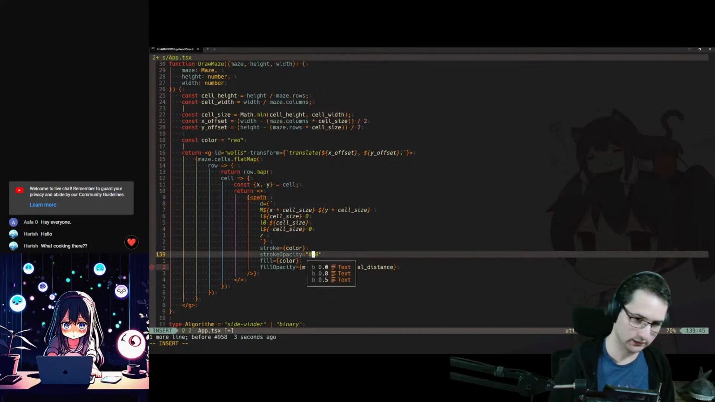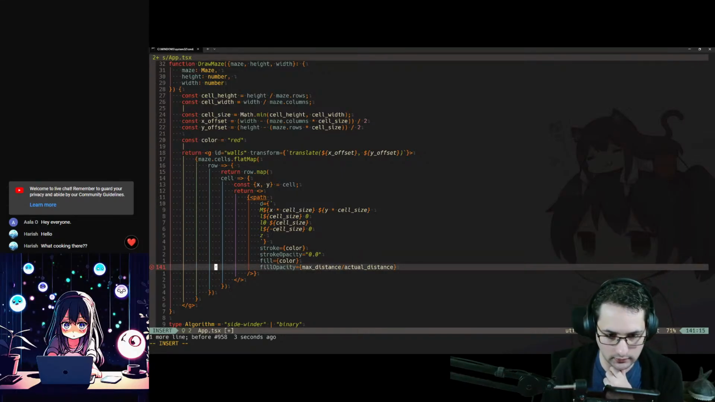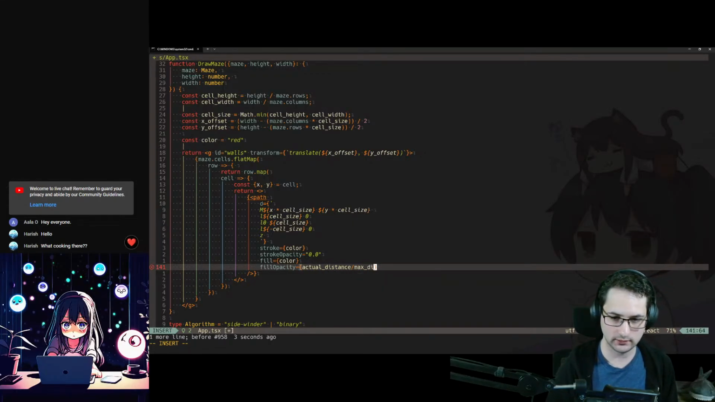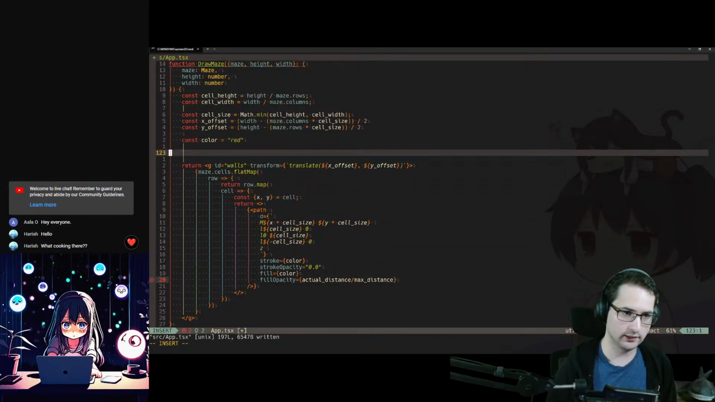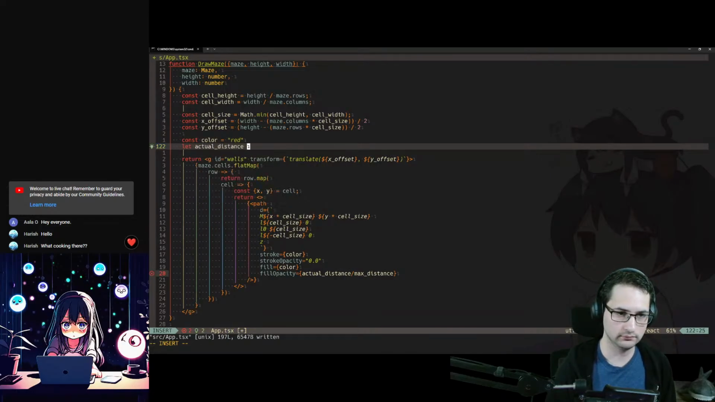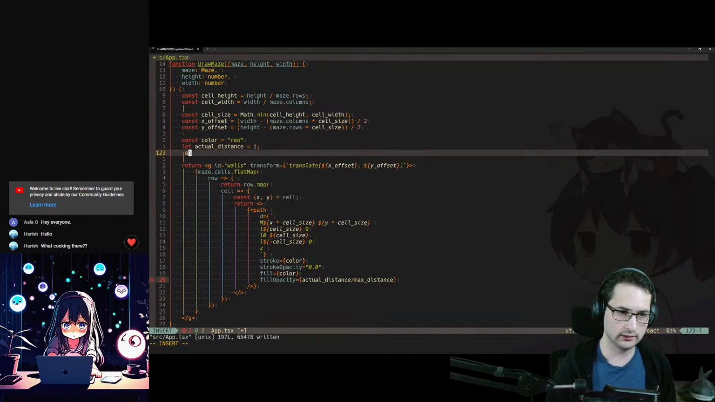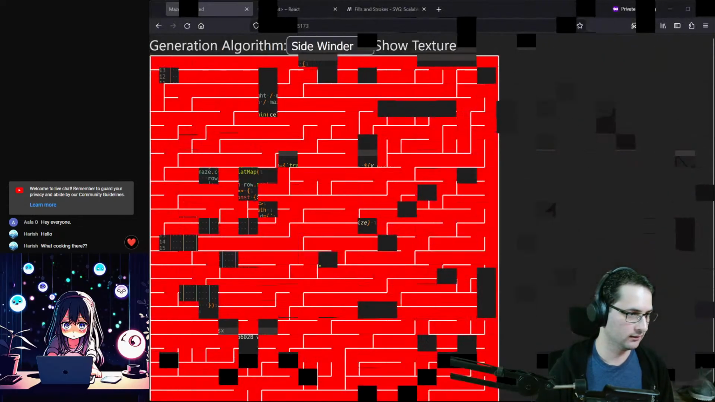Let's remove stroke opacity, set this to 0. This will crash if we do that, because actual distance can be 0. So what we actually want to do is actual distance by max distance. And then let's quickly define them here. Let actual distance equal 1, and let max distance equal 1. Doesn't matter, just so that we have something. If we switch over,